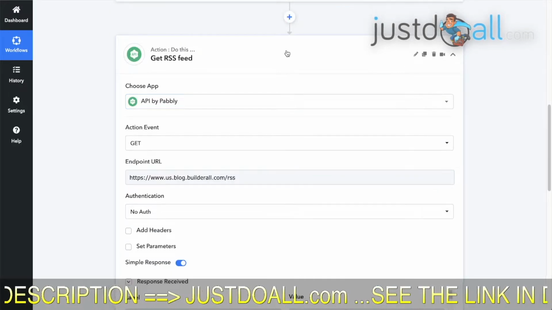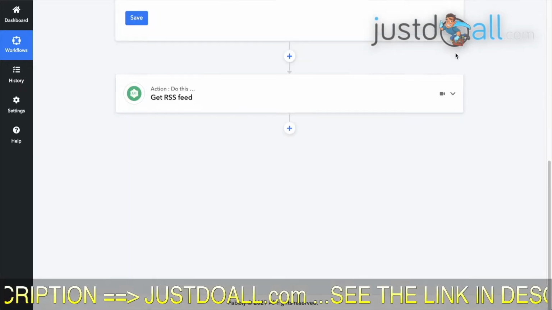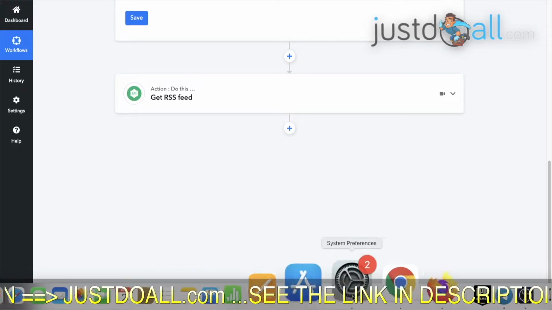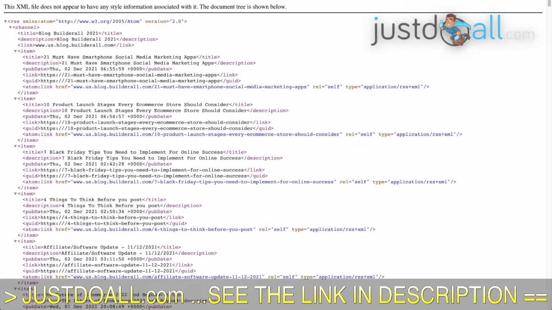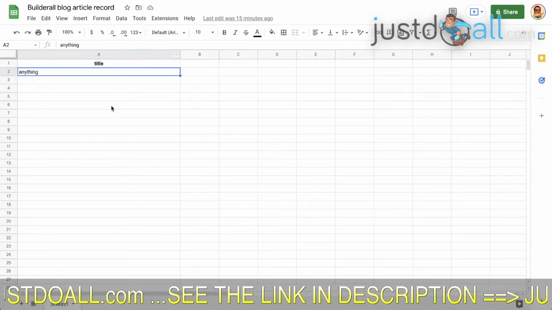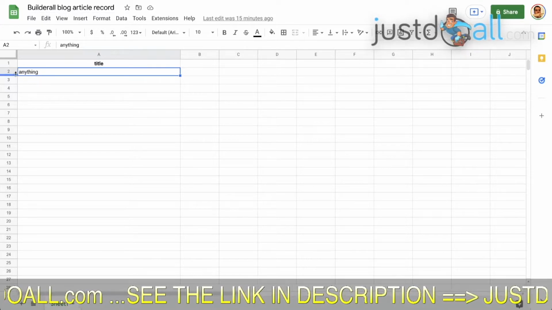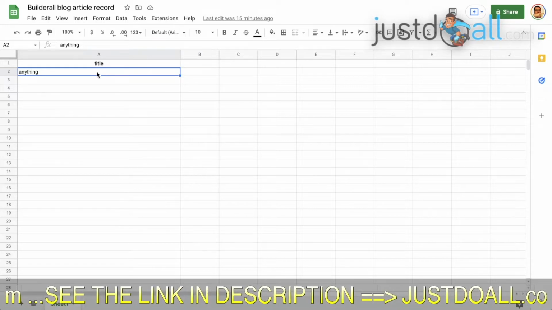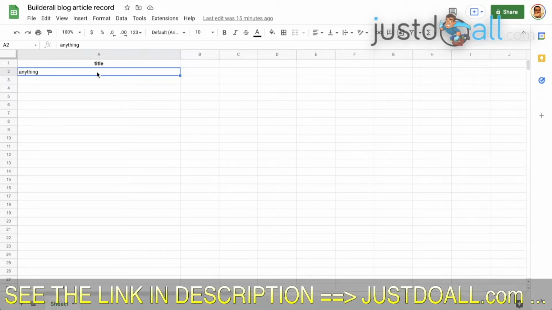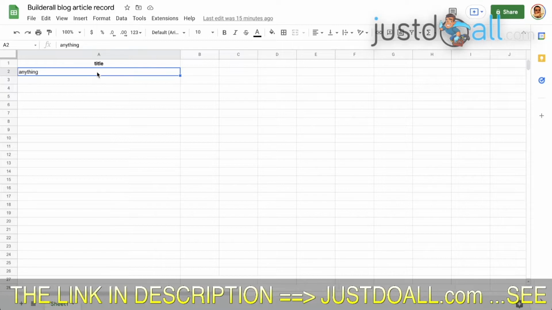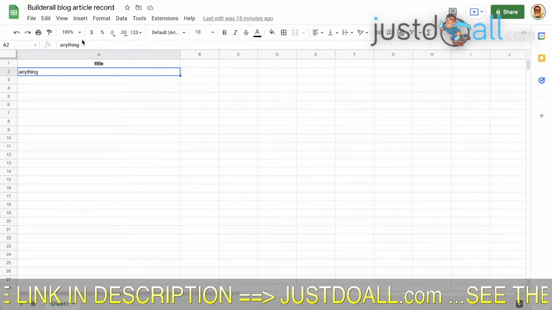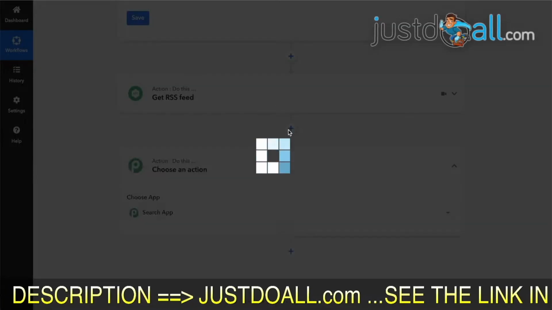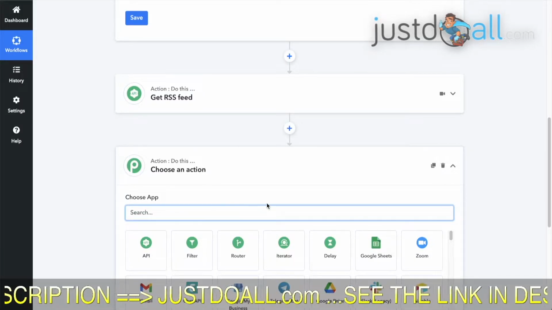Fine. Then the next step that we need to take is to get... So I will show you again, so it's easy to understand. What we want to take now is in a Google Sheet, the column A, row 2, which will have the title of the last article we posted on Facebook. So that's what we want to get. To do that, in Pabbly, we add an action, which is get row of Google Sheet.